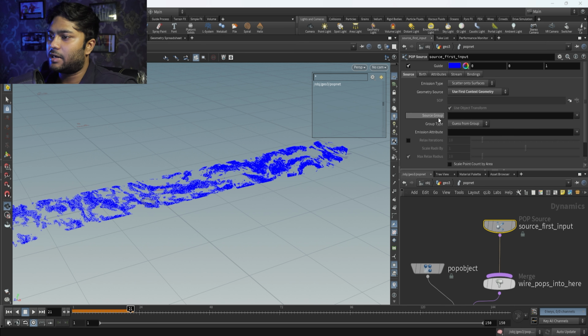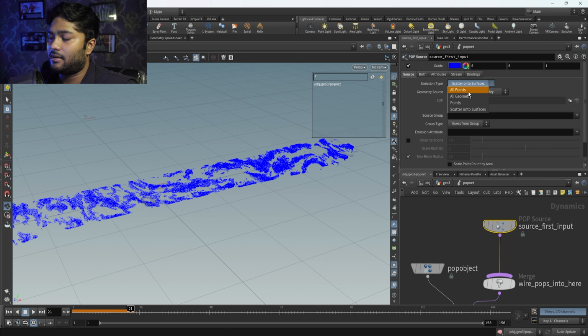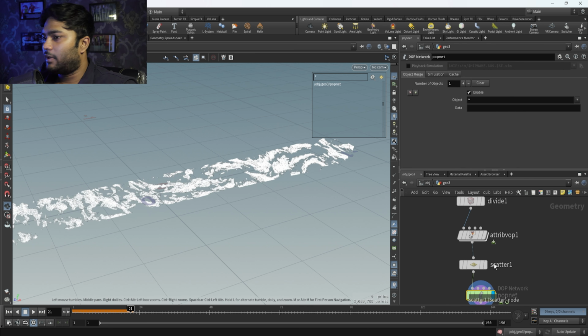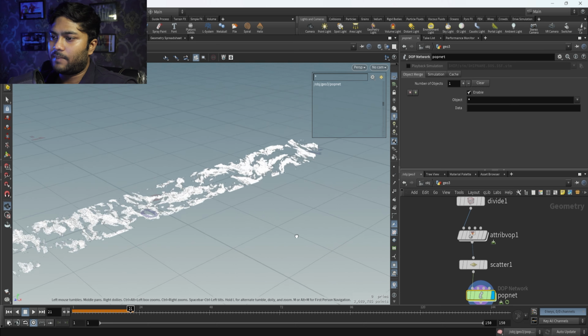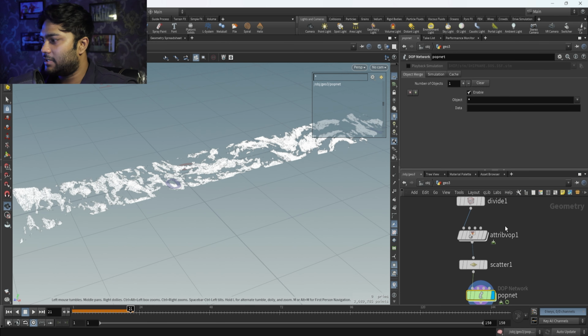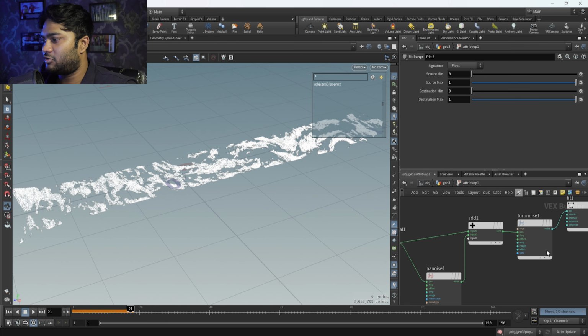Before, you would get this scatter on the points, so you have to change that and manually edit it to all points. So you will get this type of turbulence pattern. That is the noise pattern which you have created here.